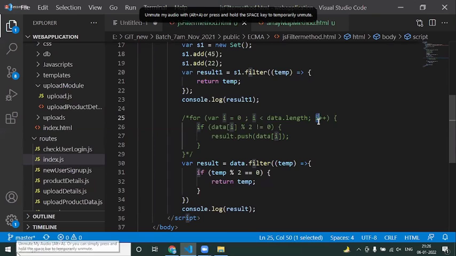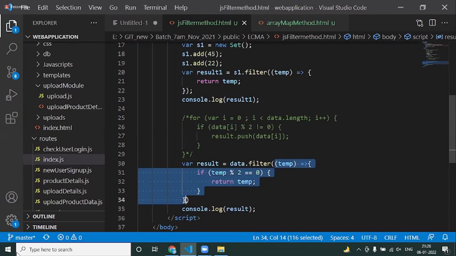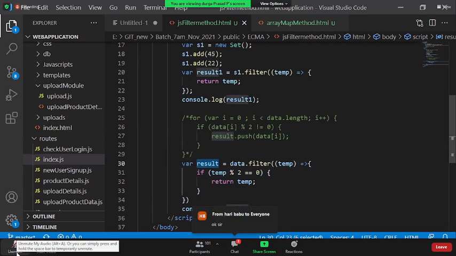If there is a filter method, you simply say what business logic needs to be done. It is the job of the filter method to go to each and every value, take that value, apply the logic, and make it into a result array. That is simpler, right, Hari? Hope you are clear. Yes. Okay, so this is about that.